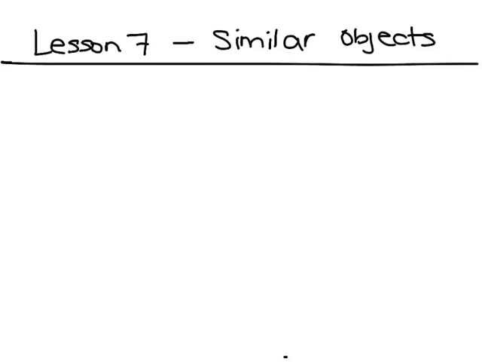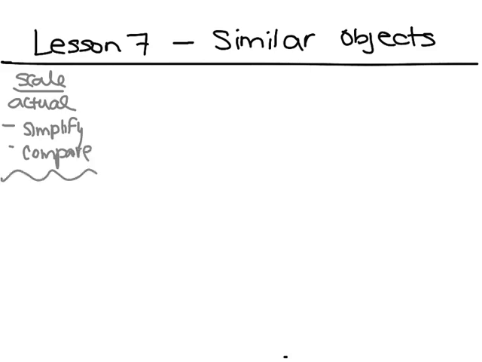Lesson 7, similar objects. When we do this, we're going to make sure we go scale over actual. And when you're checking for similar objects, you're going to simplify and then compare. So for example 1,